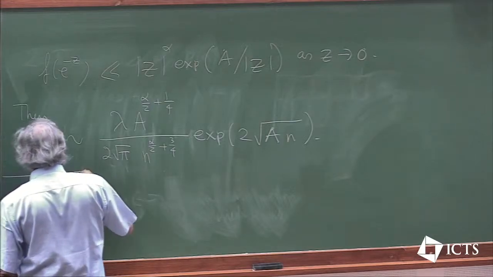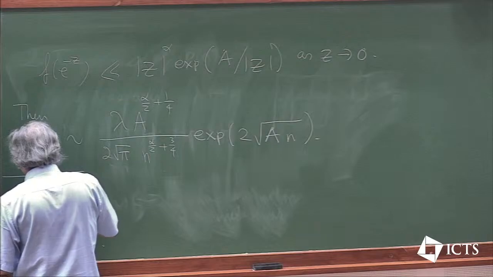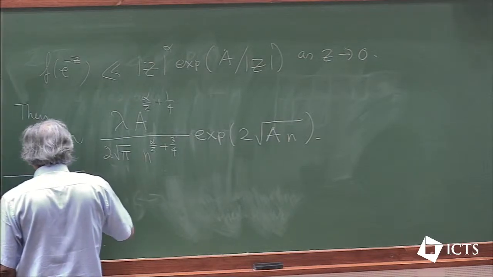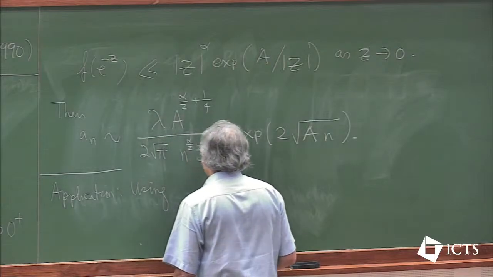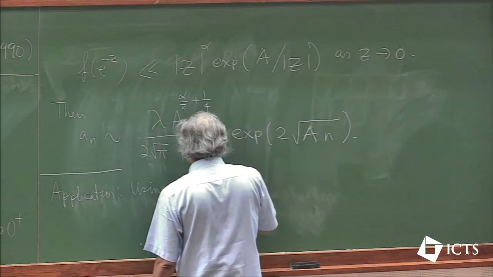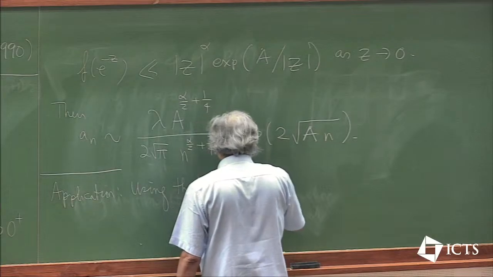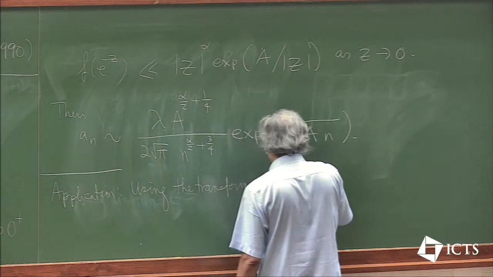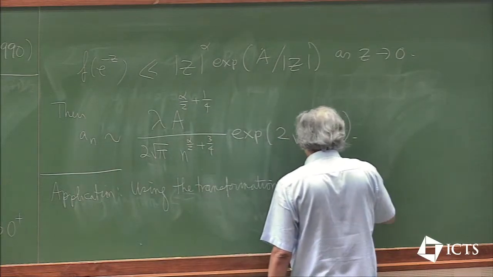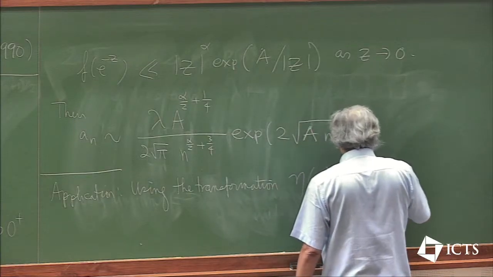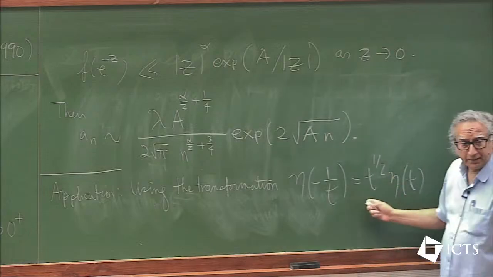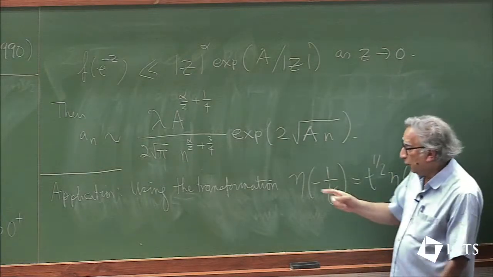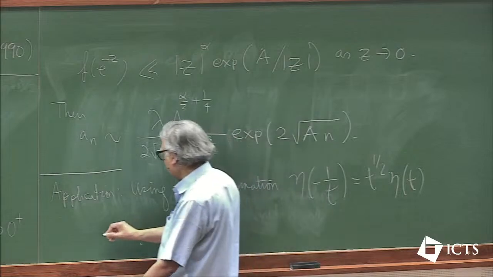So, application, using the transformation law for the eta function, eta of minus 1 over t is equal to t to the half eta of t. So this is all I need, actually, this transformation. We can deduce